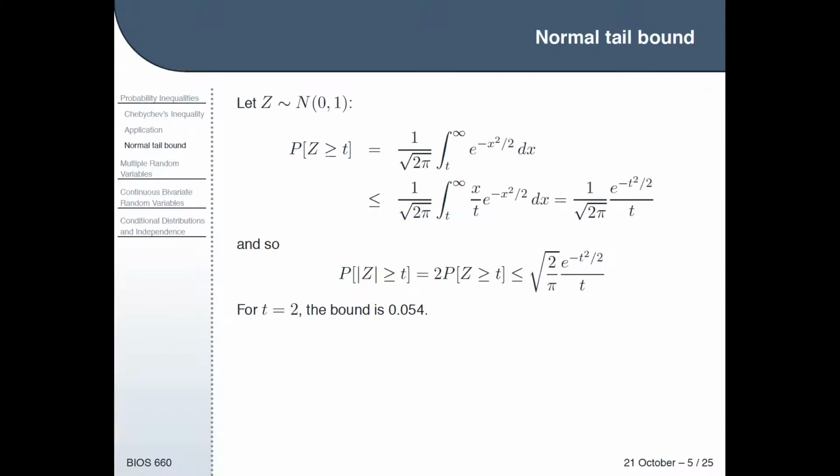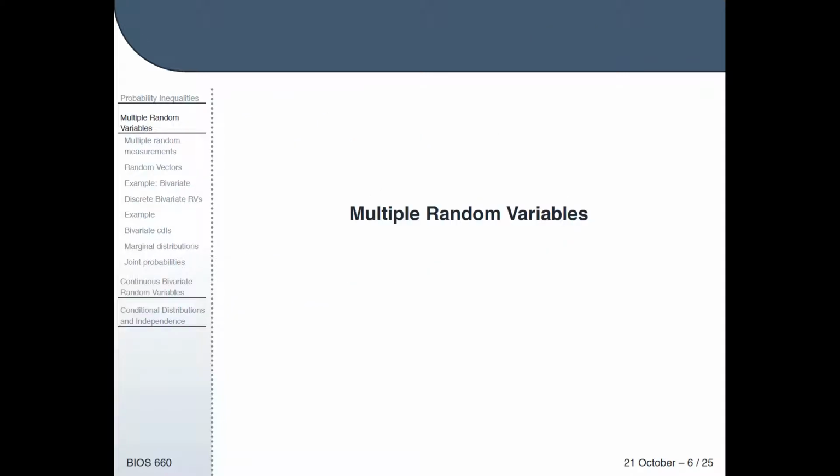It is interesting to know, and if I go back to the previous slide, at t equals 2 the bound is 0.054, which is not half bad, given that, as you'll recall, at t equals 1.96 that's almost exactly 0.05 tail probability. So it's pretty close to the actual truth, although again, the actual truth is so easily calculated. Any questions about Chebyshev's inequality or this other inequality before I go to multiple random variables? Okay,